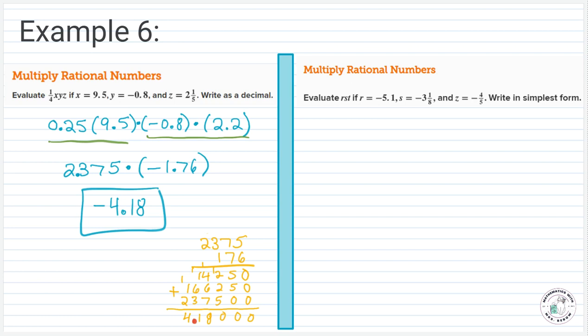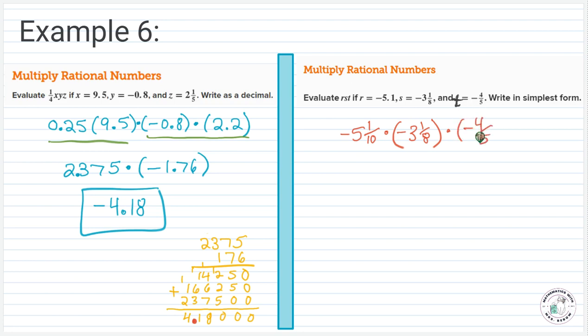So writing out this question, we're going to have -5 1/10. So as a fraction, -5 1/10, multiplied by this -3 1/8. And then we multiply this one by Z, which again, actually I'm not sure why that says Z, because we need it to be T, and I just caught that that is not the same variable. So I am pretty sure that's a typo, and that is supposed to be a T. Love when that happens. All right, so now that T is equal to -4/5,